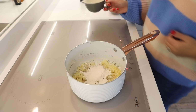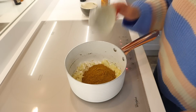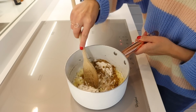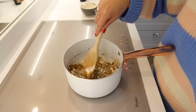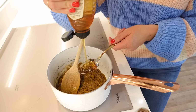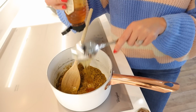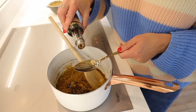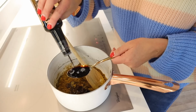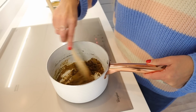This is going to thicken the sauce, and then I'm also adding in some mild curry powder. I'm adding in a lot, but if it's the first time you've made it, maybe add 2 tablespoons, see how the spice goes down with the kids. And you actually want to fry the spice mixture with the flour for a couple of minutes. It just infuses the flavors, and then you want to add in a tablespoon of honey and then a big tablespoon of soy sauce as well, and then give all of that a mix before adding in the vegetable